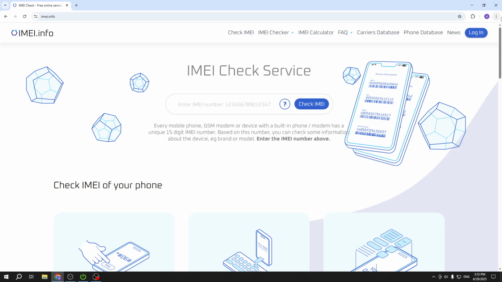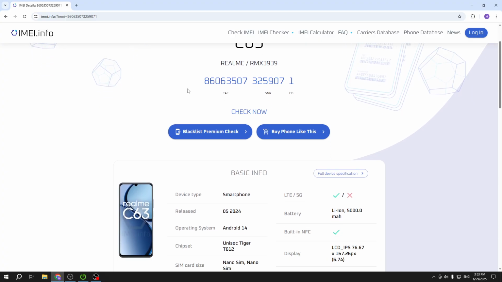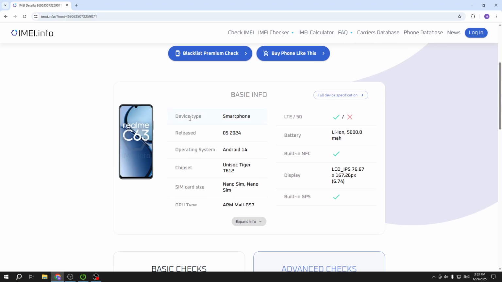Okay, so now we are on the page, and now in this bar we need to type the IMEI number of our device, just like that, and now we can click on Check IMEI. Now we have our C63. We can scroll down. In here above we can perform the blacklist premium check, and also by phone, and like this. When we click on that, below we have the basic information about our device, such as when it was